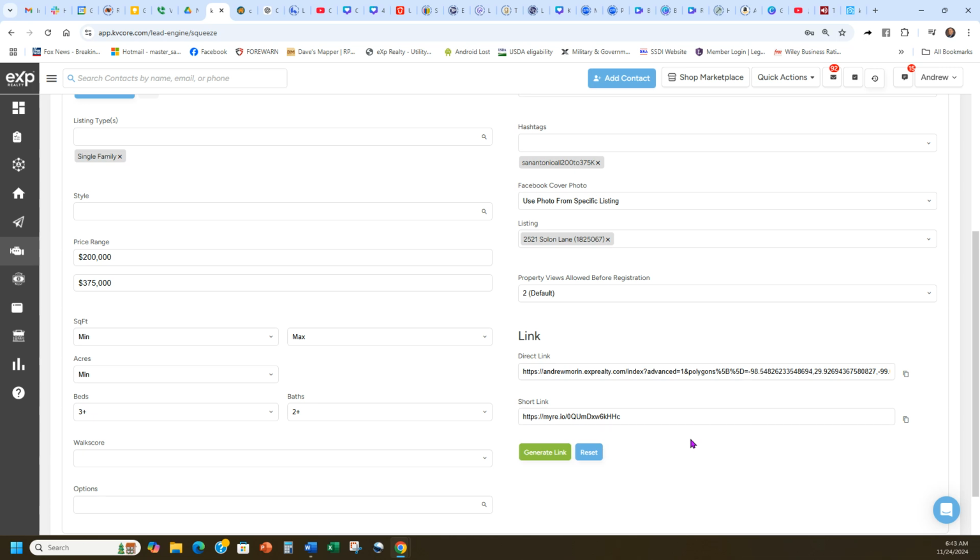The way you would use the direct link more is if I was building an ad in Facebook Ads Manager, like the back end of Facebook, the real ad, then I would use the direct link. They like that better there. If I was doing a Google pay-per-click ad, or a paid YouTube ad, anything like that, then I would put my direct link in there. And they like that. But I'm just going to click these two squares on the right of the short link to copy it, put it into a new tab,